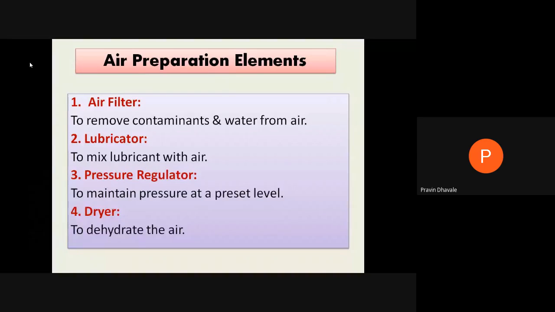Those are used to carry out the particular application in industry as well as in automation, right? So write down this heading, that is, air preparation element. Write these 4 points: air filter, lubricator, pressure regulator, dryer. One more element is also used. It is called a